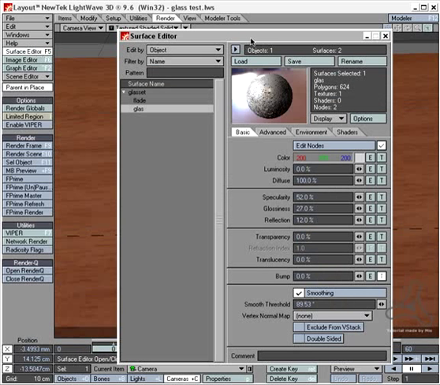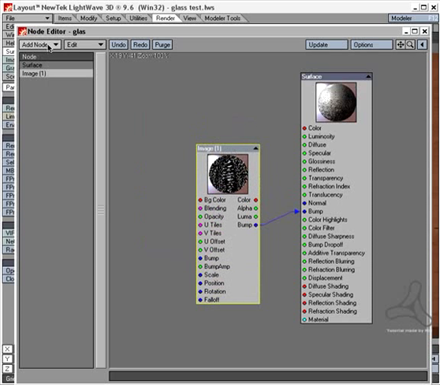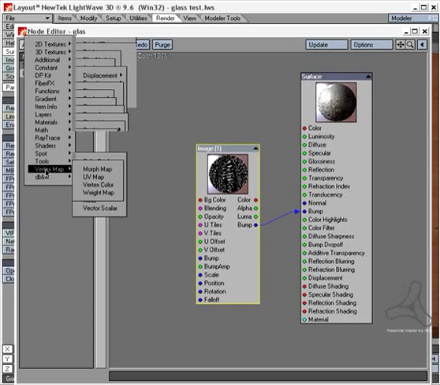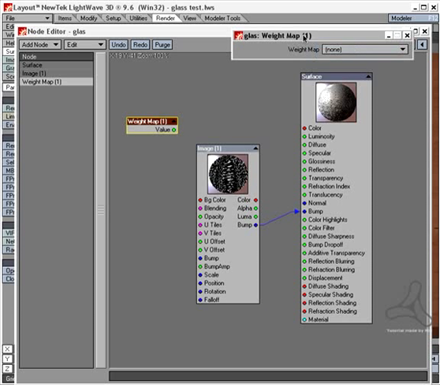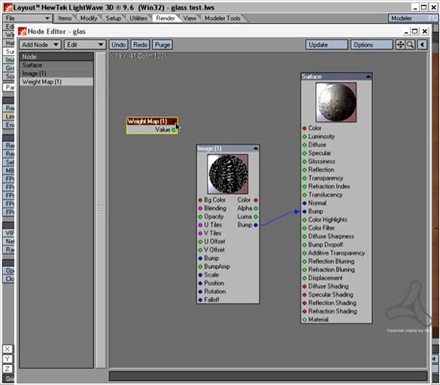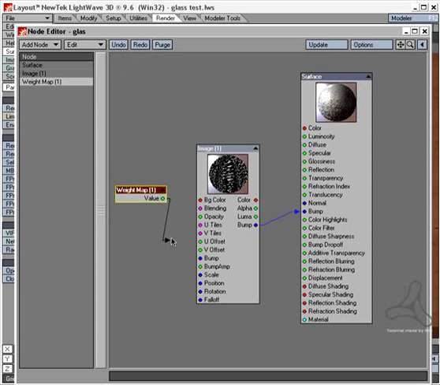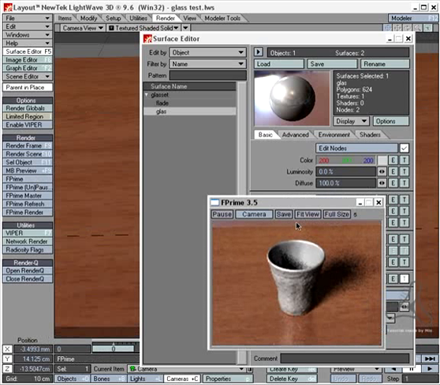I can then go into the surface editor here, go into my nodes and add a node here, vertex map, and add a weight map here. I double click the weight map and I select the glass drops, close this again, and I'm then going to drag this into the bump amplitude. That's going to control the area where the bumps will be raised from the surface. So if I close down now and hit my F prime here,